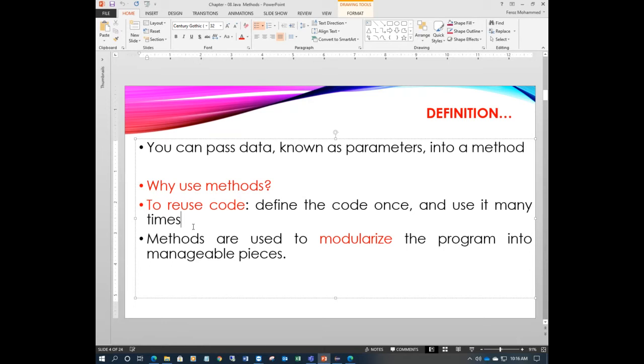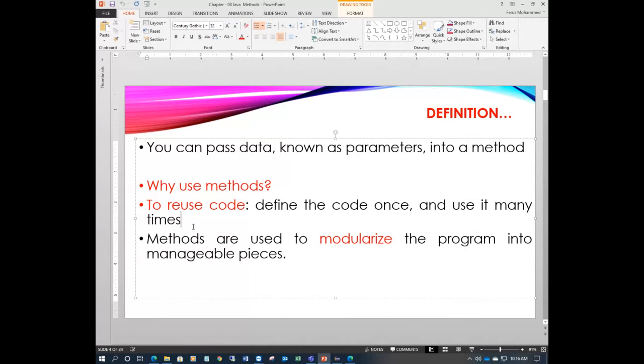Second benefit is to modularize the program into manageable pieces. If you write a whole project in a single program, it will be very hard to manage, find, or fix problems. So methods allow you to modularize the program, meaning you divide a big, large program into small chunks, small pieces, then combine and collaborate them to run as a whole.